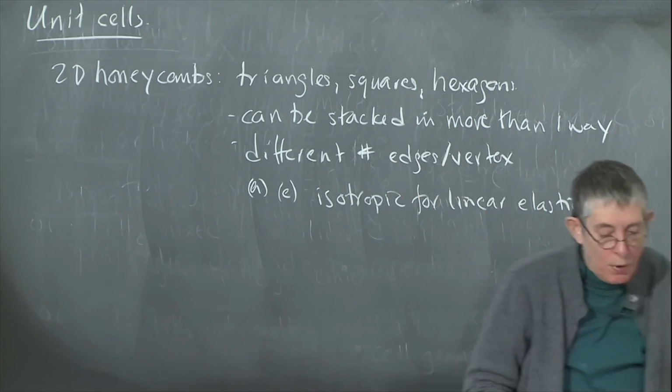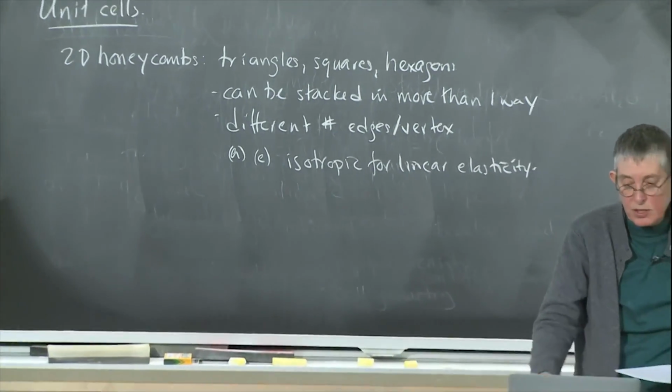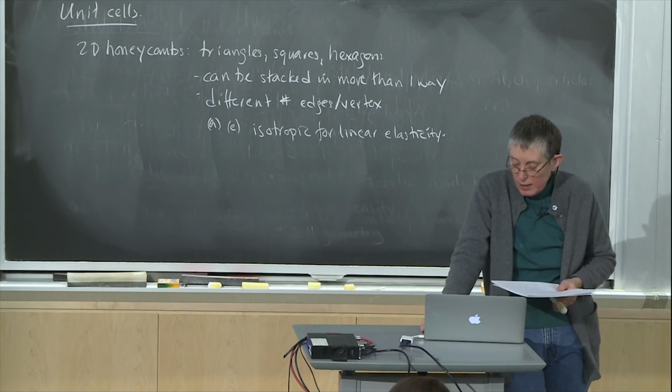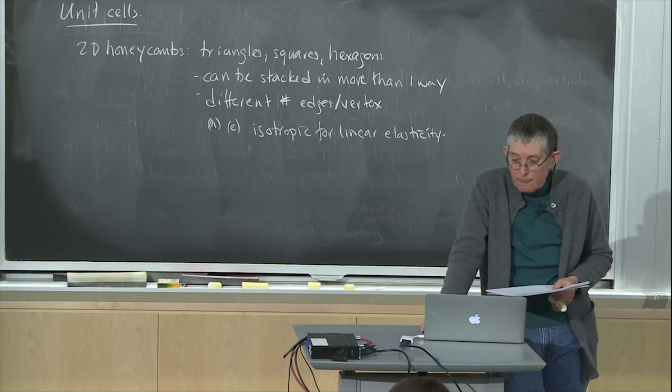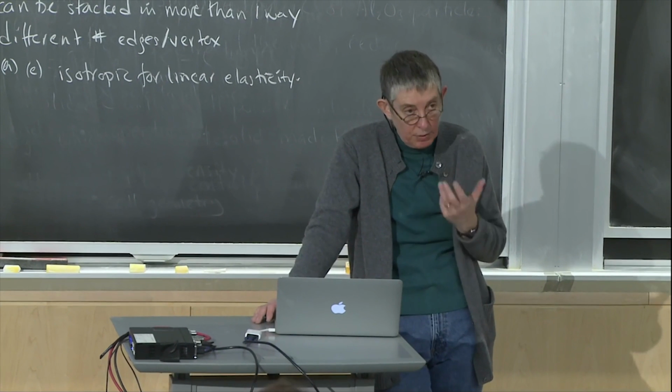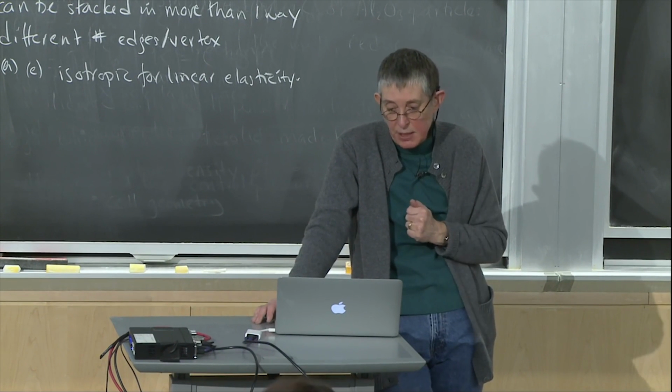Okay, so when we come to modeling the honeycombs, we're going to focus on the hexagonal cells. We'll talk a little bit about the square and the triangular cells as well. And then for foams, when you look at the structure of a foam, it's obviously not a unit cell that repeats over and over again. But people started off trying to model the mechanical behavior of foams by looking at periodic repeating polyhedral cells.